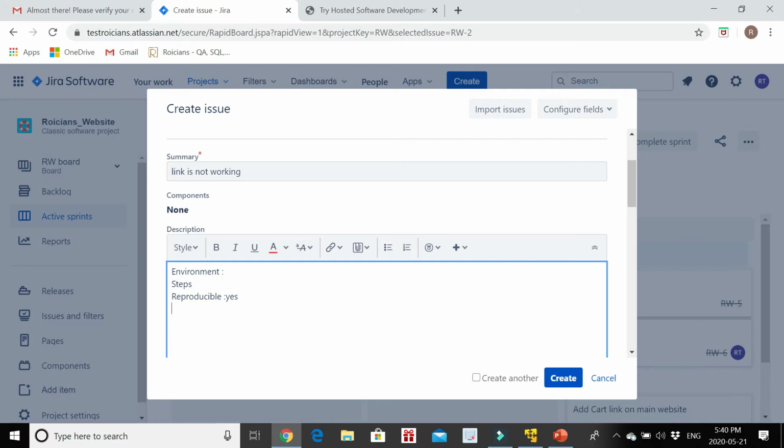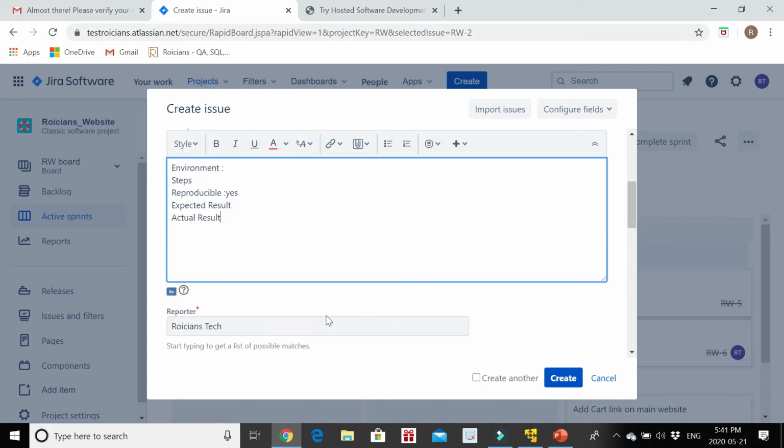And here you can write your expected result. Lastly, you can write your actual result. So guys, obviously the developer needs all the information because the developer is not working on the requirement. Developer has no idea about the scenario you tested. Developer has no idea what you were expecting or what was the expectation of the client in this particular scenario. So that's why we have to give all important or necessary information to the developer and he can work more efficiently on it.